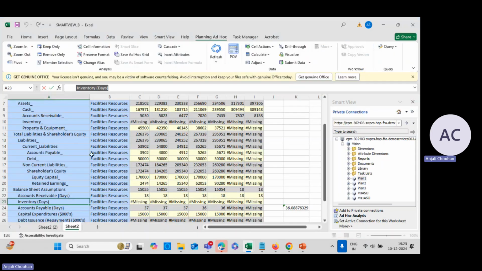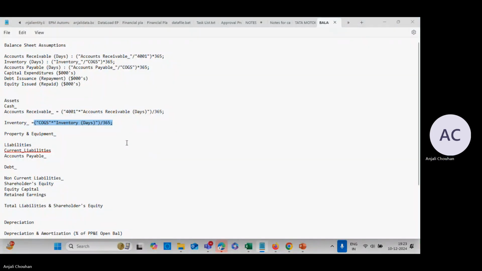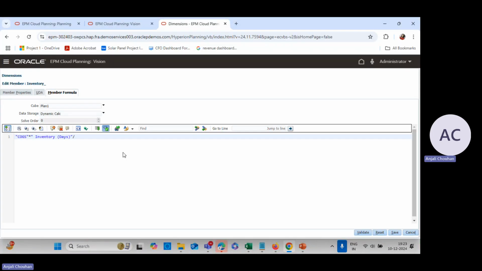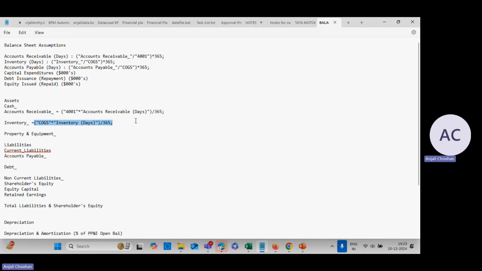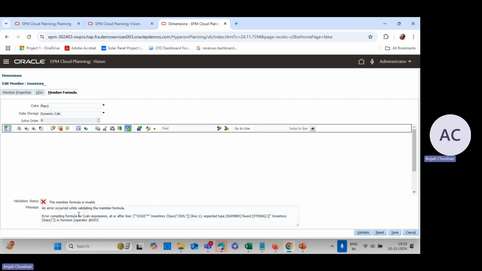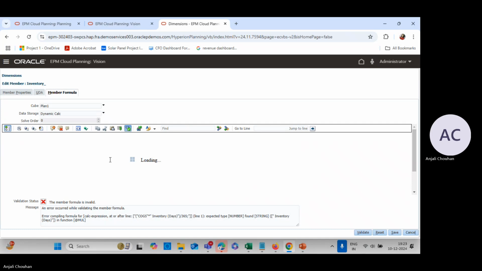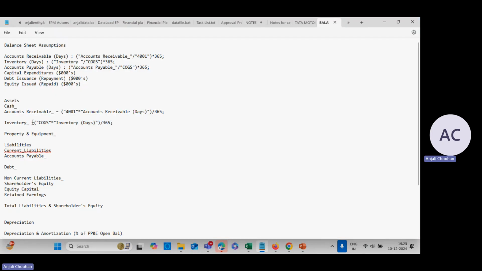And then it should be divided by 365 because right now it is in days. See, the formula is not valid, so we need to use the parenthesis. Okay, let me just copy it once again from here,